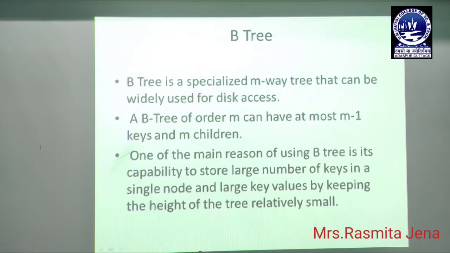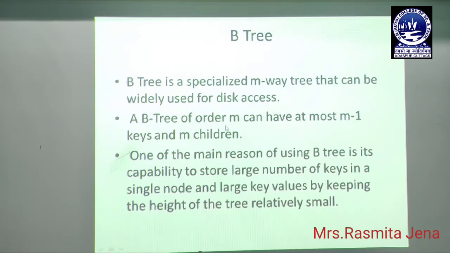Okay, next, let us see one example of an M-way tree, that is the B tree. A B tree is a specialized M-way tree that is widely used for big data, and a B tree of order m can have at most m minus 1 keys and m children, as I have already told you.